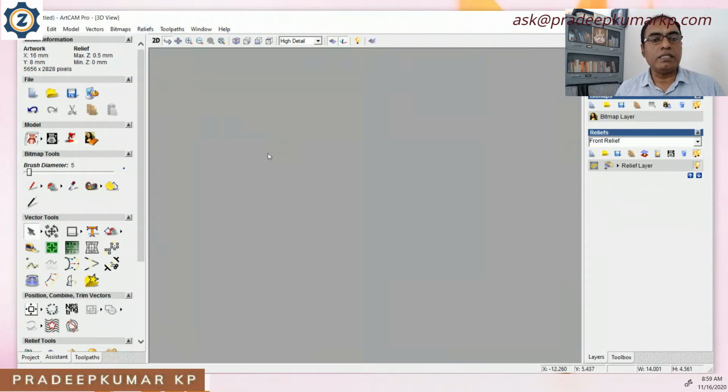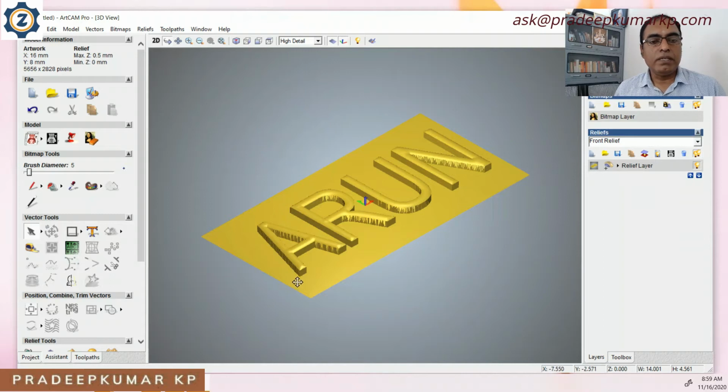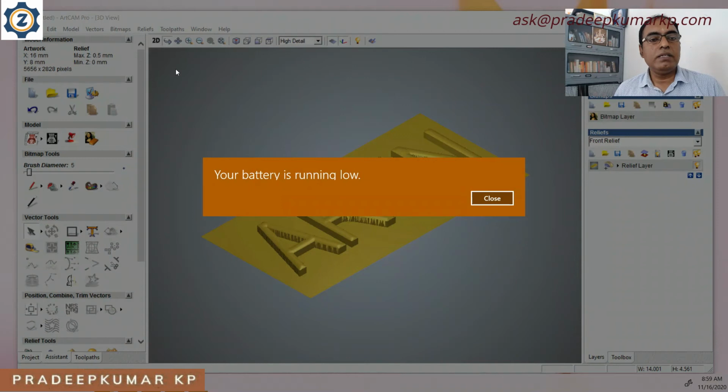Now you can see this shape. See, up to 0.4 it comes straight and a little bit round shape has come. That is for 0.1 mm height, that round shape has come. The total height you can see from here. This 0.5 is the total height for the letter. So now we will see how we can machine this actually. Okay, that is next. Now the design is over. Now we will go and see how we can